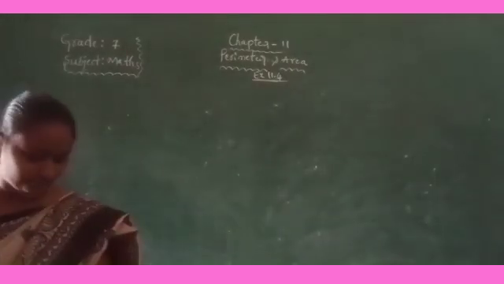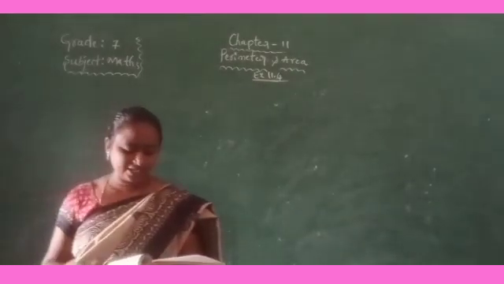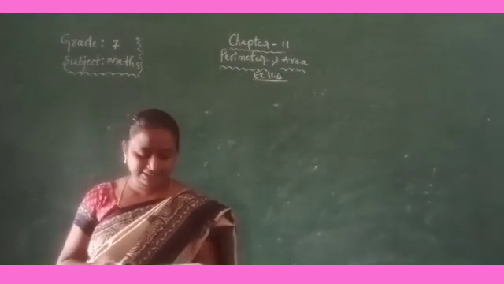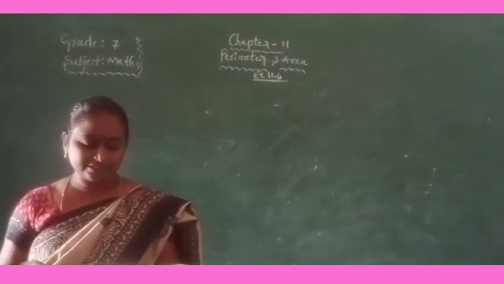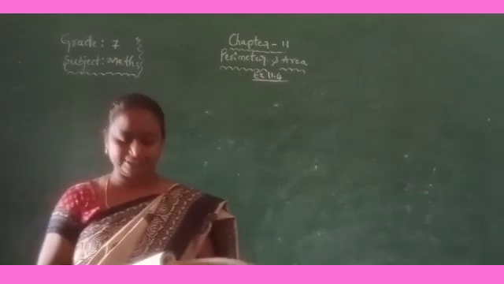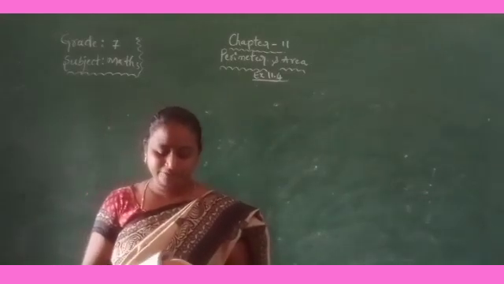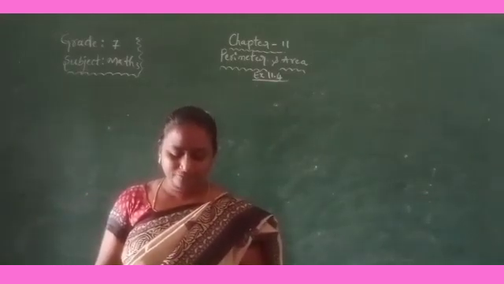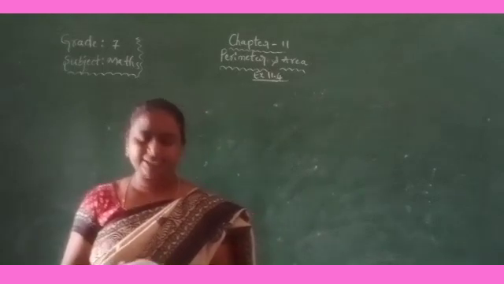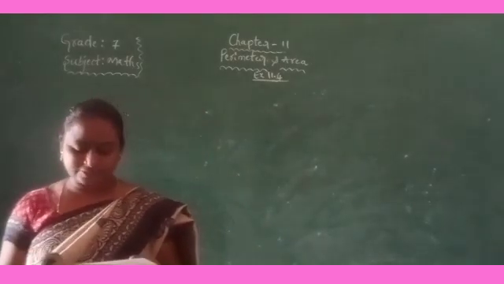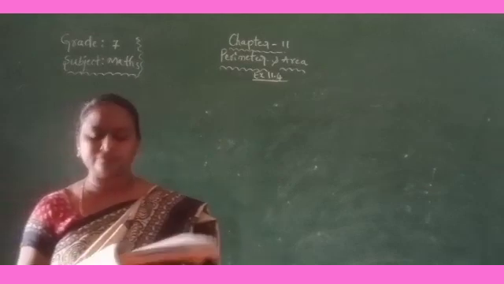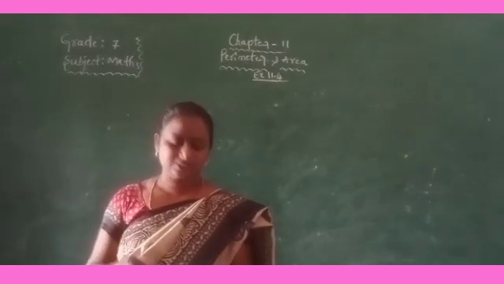See next one, fourth question. A veranda of width 2.25 meters is constructed all along outside a room which is 5.5 meters long and 4 meters wide. Find the area of the veranda and the cost of cementing the floor of the veranda at the rate of 200 rupees per meter square.